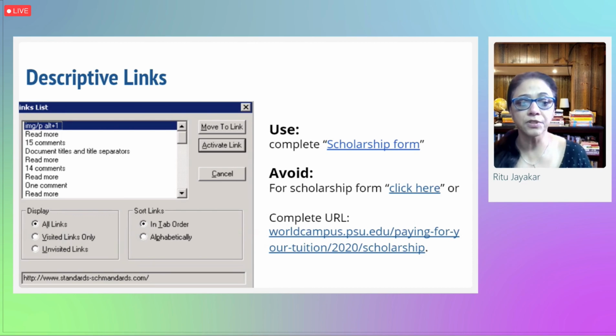Multiple "read more" and "click here" links are confusing and require complicated strategies to understand the page and the purpose of the links. If you use the complete URL as a link, the screen reader will read out loud each letter, number, dash, and hyphen, making it difficult to understand the destination of the link.